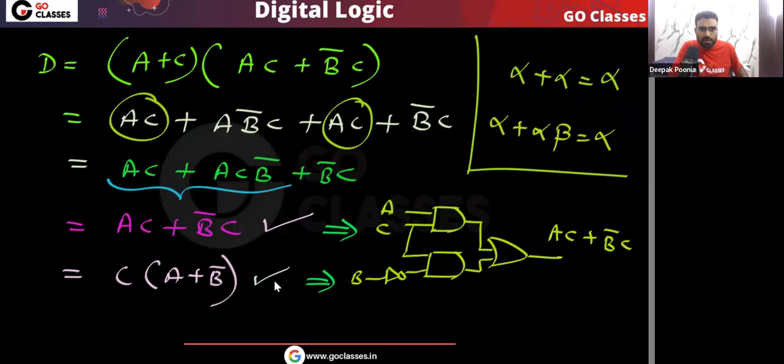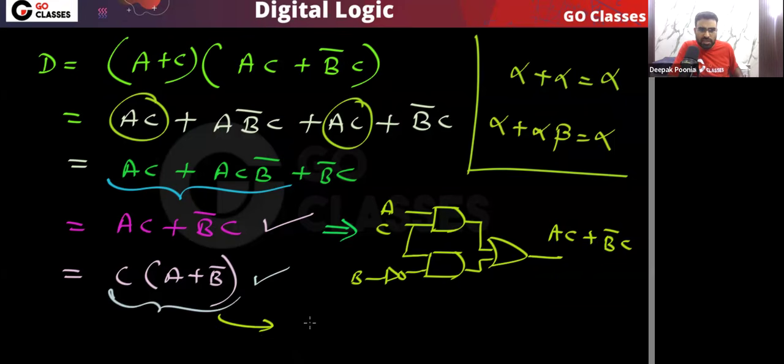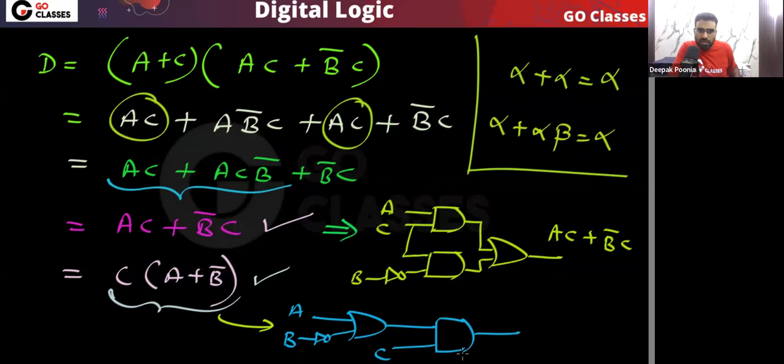Very simple. Now similarly, for this expression also, you can draw the logic circuit if you want. So how will the logic circuit look? Very simple. We need an OR gate first to do A or B bar. One input will be A, another input will be B bar. And then we need an AND gate. One input of the AND gate will be C. So you can see here we got C and A or B bar.